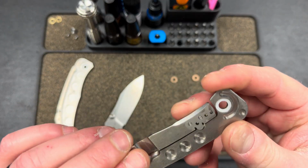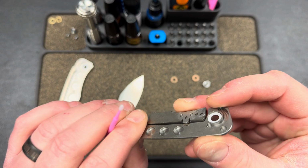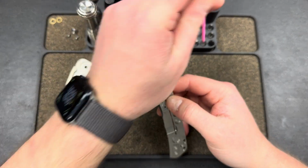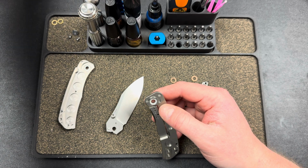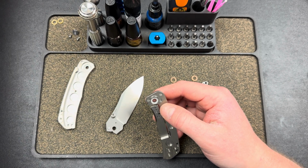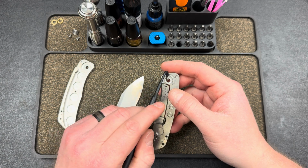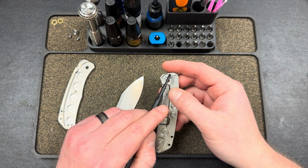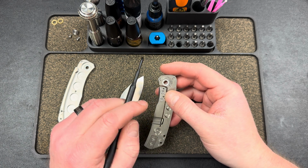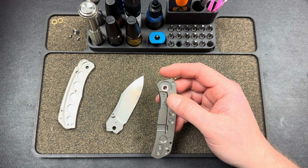Or might be able to just use them, but I kind of want to see what they look like. Let me grab a hook. This one might be too... we're not going to get these out, are we? And I also worry a little bit if they're going to scratch up or...